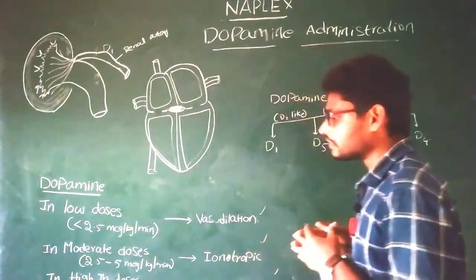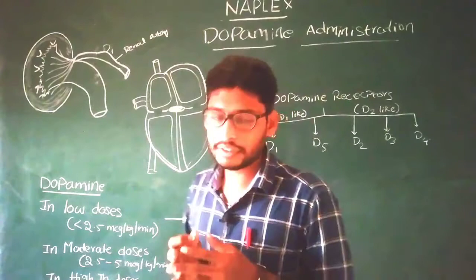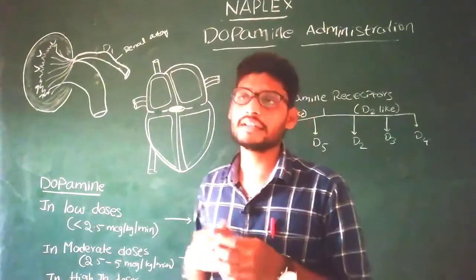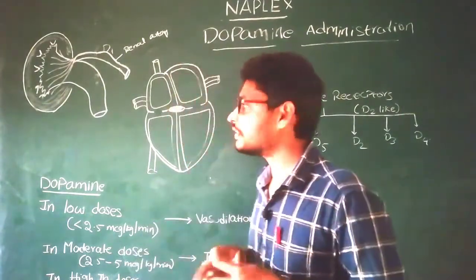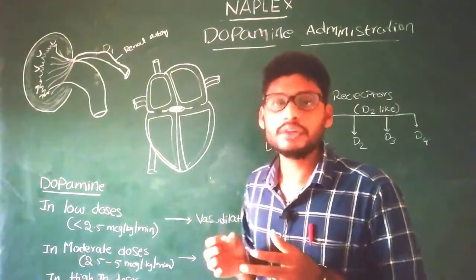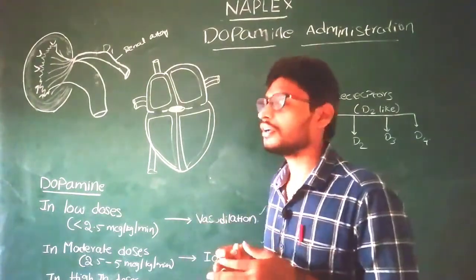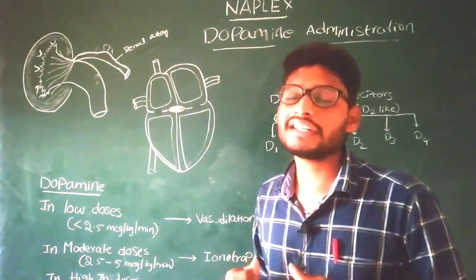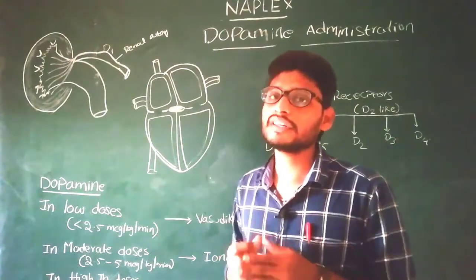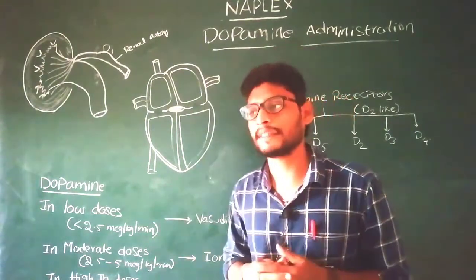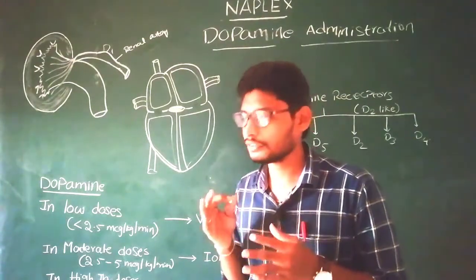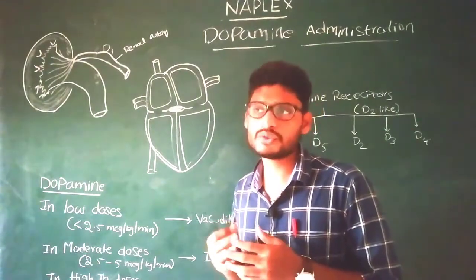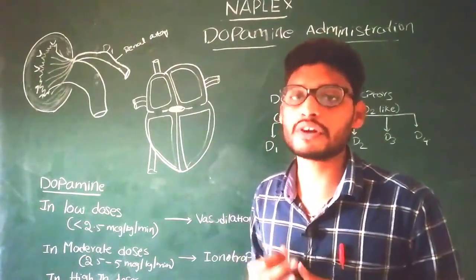Particularly we are focusing on treating persistent hypotension in emergency conditions. In the emergency department, if a patient is admitted with decreased blood pressure, that is a hypotensive condition. Usually we administer plasma expanders first. Even after that, if the patient's condition is not treated, we prefer inotropes, particularly dopamine. It is very useful for treating hypotension due to decreased cardiac output, and it is also used in maintenance of blood pressure in shock conditions.